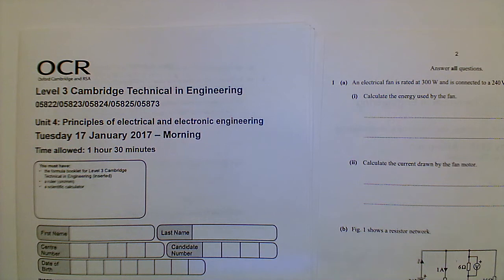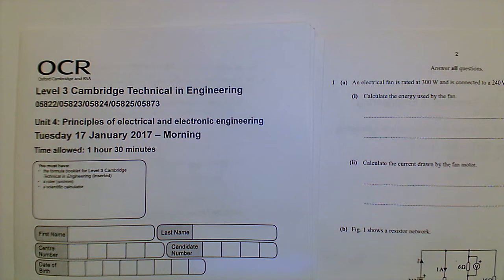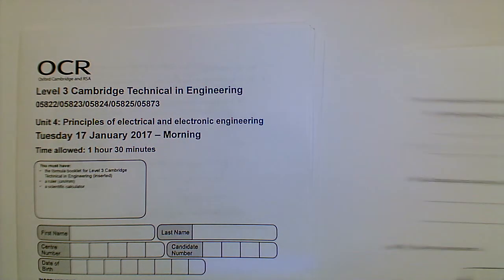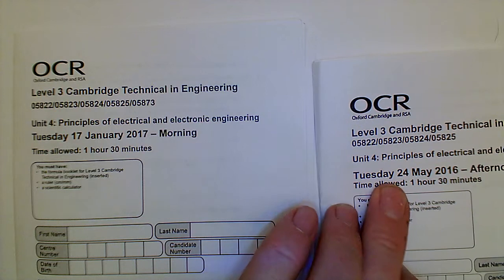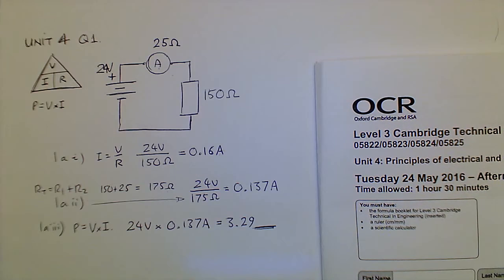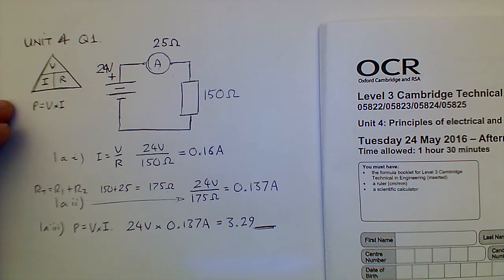It's Unit 4, Principles of Electrical and Electronic Engineering, and we're looking at two different papers: Tuesday the 17th of January, and we're also going to be looking at Tuesday the 24th of May. So if we slide that paper out of the way, you'll remember in the last video that we looked at